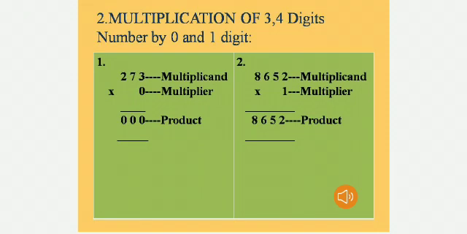Okay, and you can see on the right side the second example. I have taken 8652. The first term is called the multiplicand and I am multiplying with the number 1. The second term is the multiplier and I am using the multiplication operator. So let us see the answer. 1 2 is 2, 1 5 is 5, 1 6 is 6 and 1 8 is 8. Here you can see that when you multiply any number with 1, we get the same number as the product. So here the result, 8652, is the product.